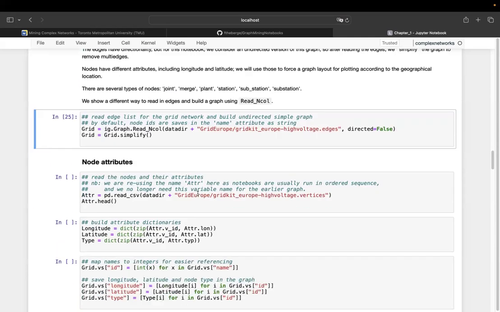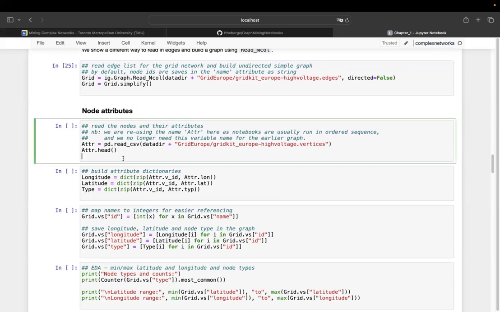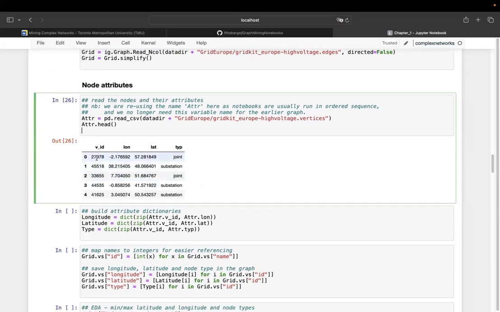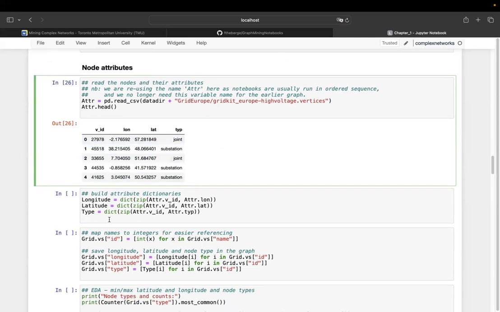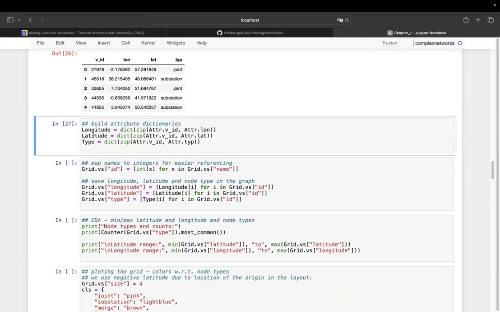Okay, so we have our graph. The same way we did with the other graph, we're going to read in attributes in a data frame. In this case, the attributes correspond to, for a given vertex ID, a longitude and a latitude. This is a physical location, and the type of node that we have, a joint, a substation, etc. We're going to build dictionaries the same way we did for the previous data set, a dictionary for the longitude, the latitude, and the type of node, and we're going to store those